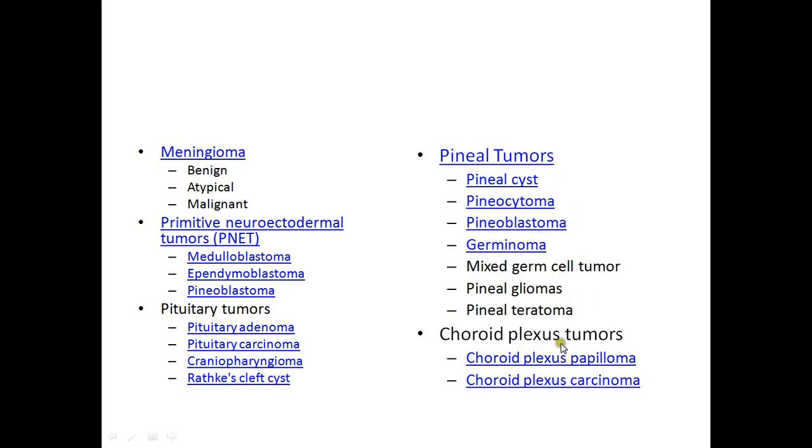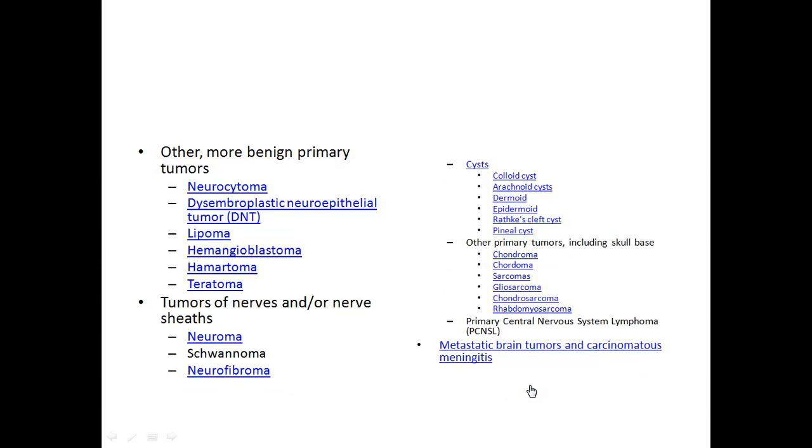Well, choroid plexus, as you know, is secreting fluid in the form of CSF. But a tumor can also be there in the form of choroid plexus papilloma or choroid plexus carcinoma. The other tumors may be neurocytoma, lymphomas, hemangioblastoma, hematomas. The tumor can also arise from the nerve cells in the form of neuroma, or their covering as schwannoma